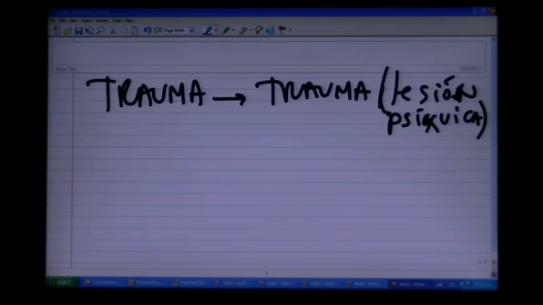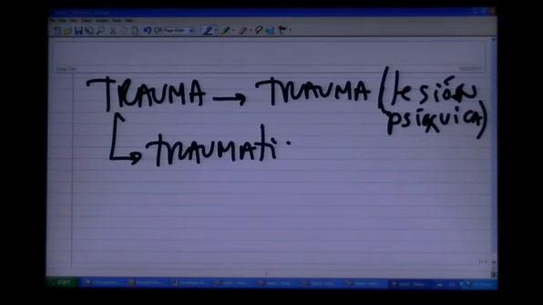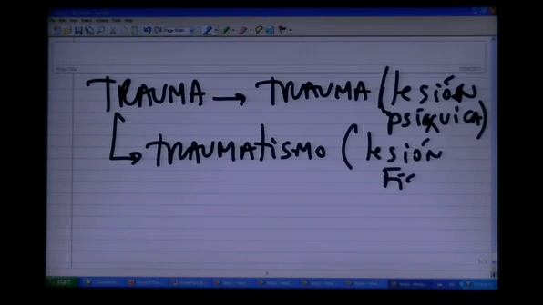Un trauma en Spanish es una lesión psíquica de la mente. But if it is physical, we call that traumatismo. That's una lesión física. So if you go to a hospital and it says trauma center, no puede ser un centro de traumas, because that's not where they treat people that have psychological or mental problems. So it could be centro de traumatismo, or you could also say centro de